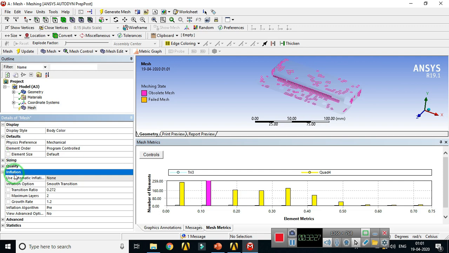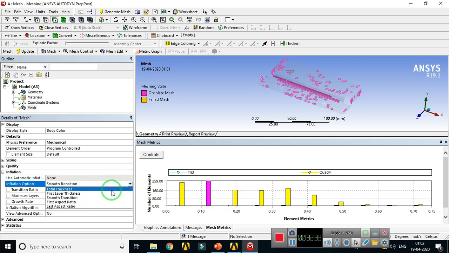The first setting is inflation options. The default setting is smooth transition. There are a number of options available with inflation options: total thickness, first layer thickness, smooth transition, first aspect ratio and last aspect ratio. It is recommended to keep smooth transition as your default setting for the inflation option.